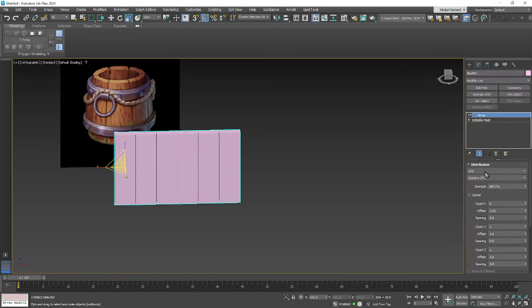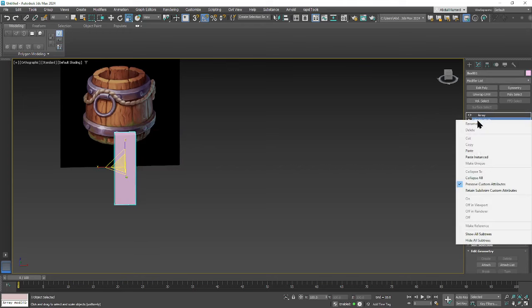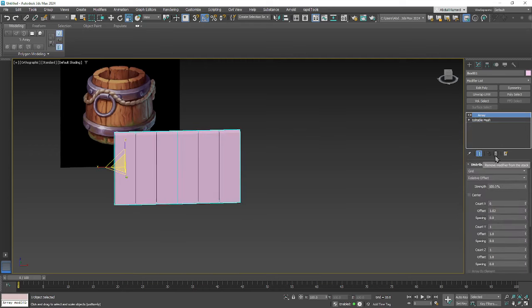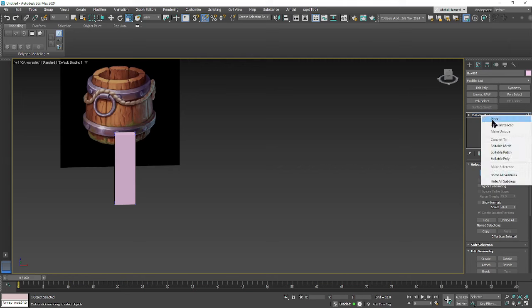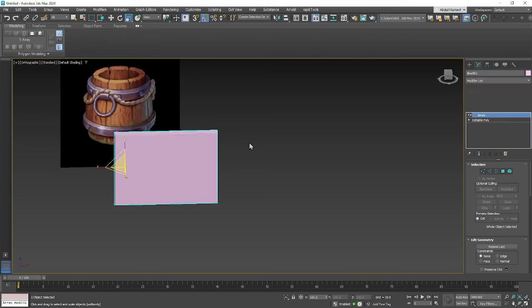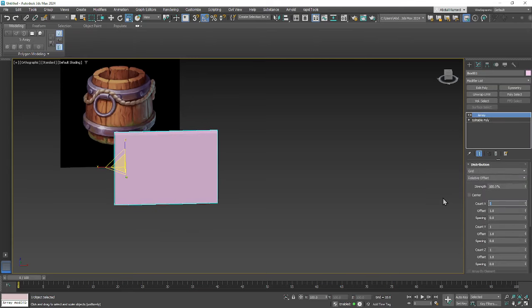So let's select this right here. Maybe we'll need that removed, and now you can switch it to an editable poly, and let's give it an array again. So it's 6